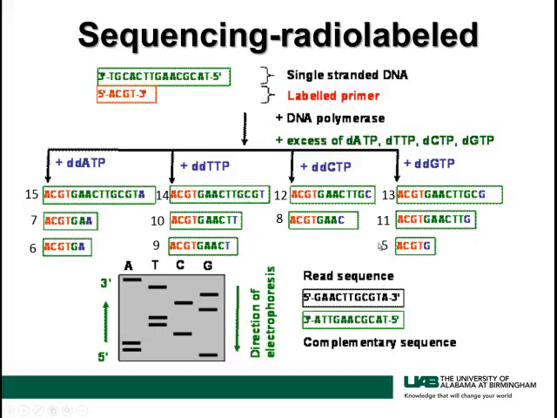So the fastest moving one will be 5. Then comes 6, 7, and then 8, 9, 10, and then 11, 12, 13, 14, and 15. So the movement is going to demonstrate the location in the